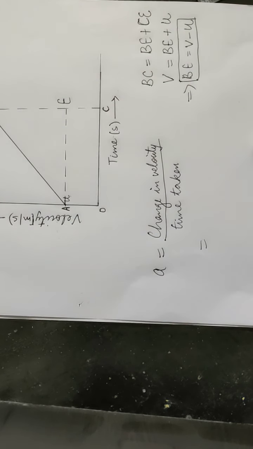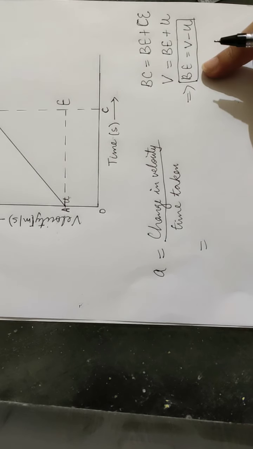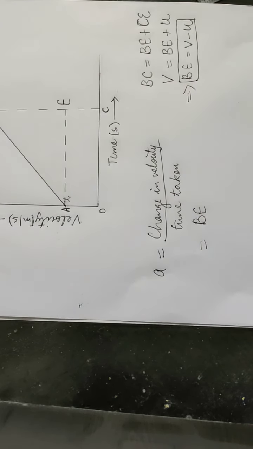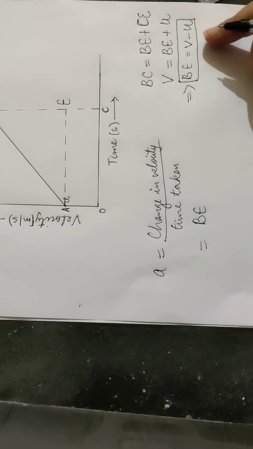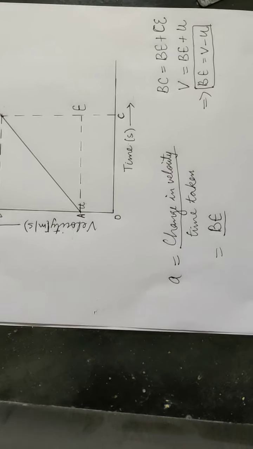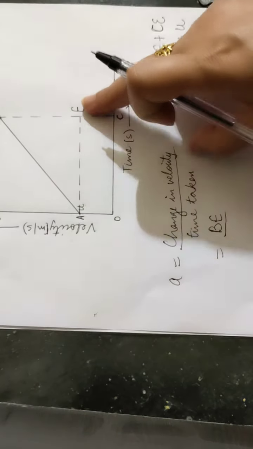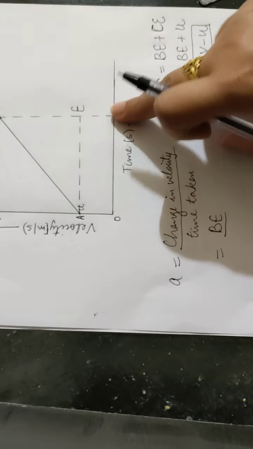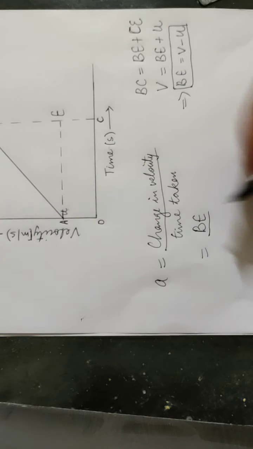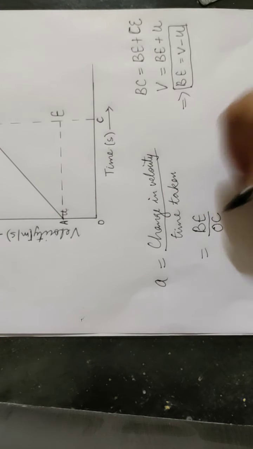Change in velocity is represented by BE, and time is represented by, you can either write AE or OC, because both these lines are parallel to each other. So we simply write OC,